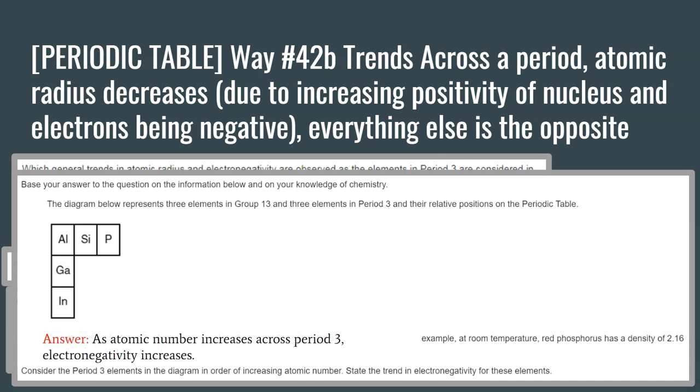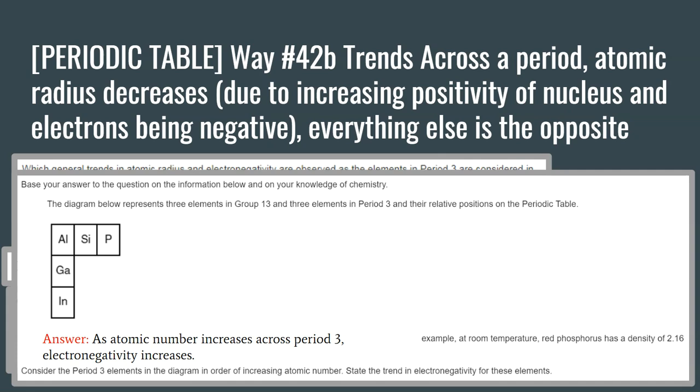You should note that as atomic number increases across period 3, electronegativity also increases. Remember, there are more protons, more nuclear charge present in the nucleus. So those atoms are going to experience greater pull for electrons, or greater force for bonding electrons when they chemically